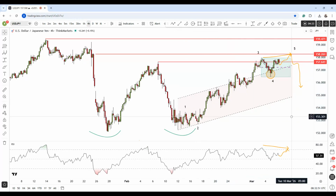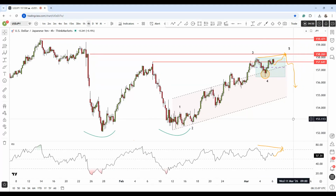But regardless, what I'm trying to say here is that there is a high likelihood that we're going to see one more leg to the upside, whether we go first to reclaim that level or not. And this is going to cause a divergence to form. Then we might see a deeper correction and then further continuation to the upside. But one way or another,